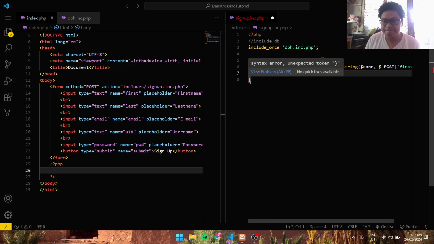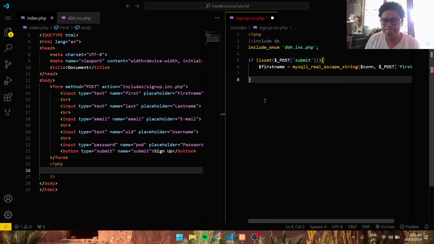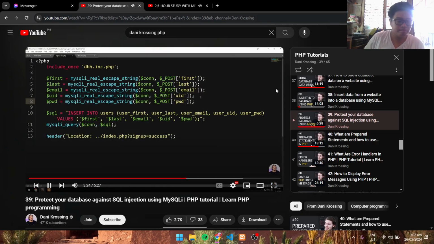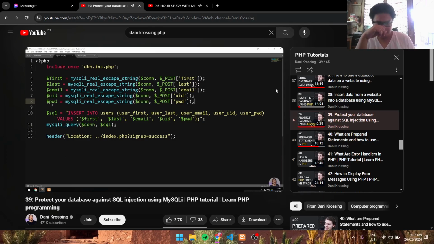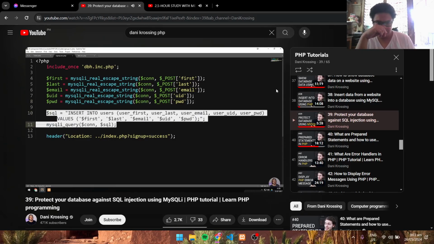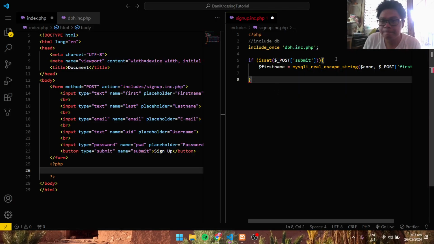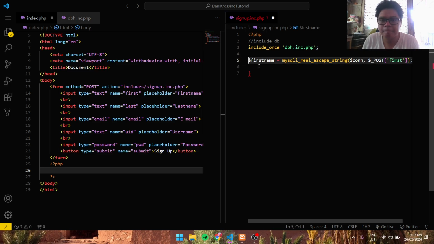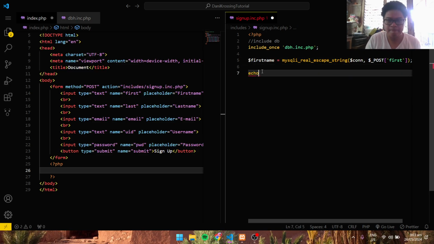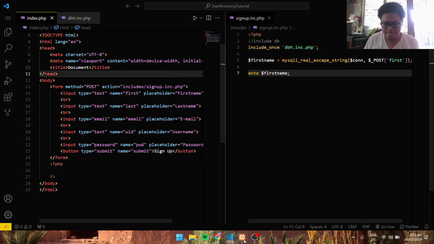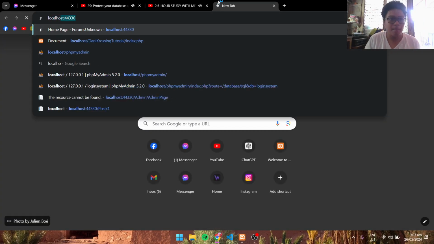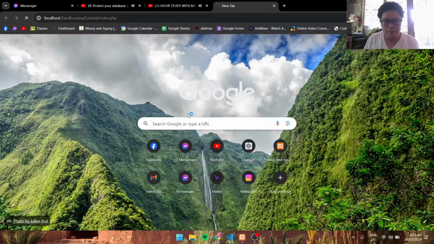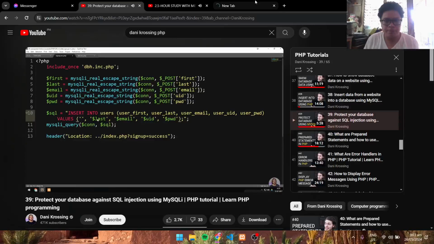And just to point out what I mean when I say that the database is going to see this as code if we don't do this: if I were to type some kind of SQL code inside my website here, and then it gets passed on to our code and inserted inside the SQL statement we have down here. If I were to go inside one of the values here, where variable first would get replaced by whatever we have inside variable first up here, which means whatever it's equal to. And if I were to write code, it means that variable first is equal to some kind of SQL code. So basically what happens inside the SQL statement is that it replaces variable first with actual SQL code,